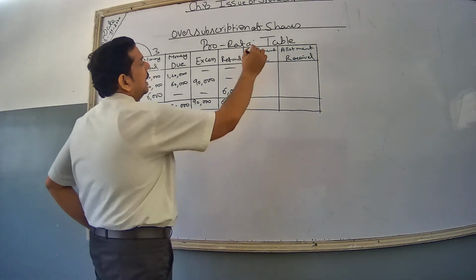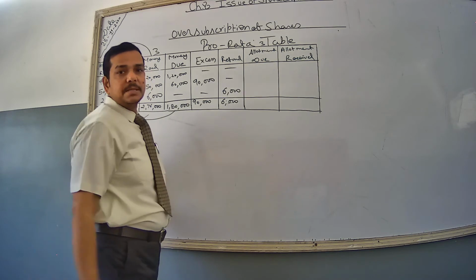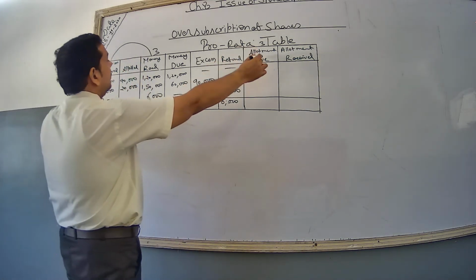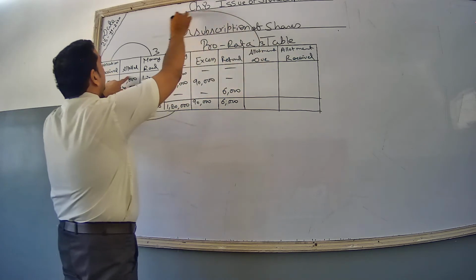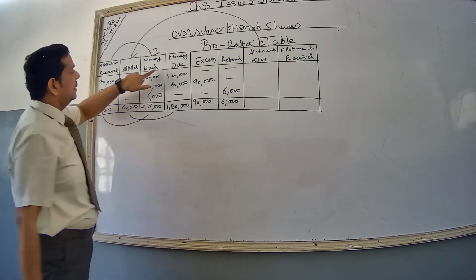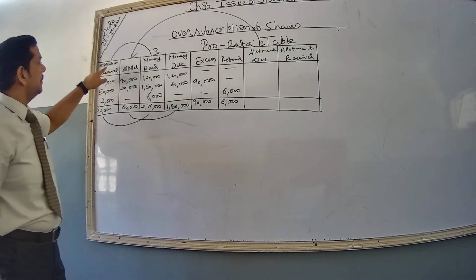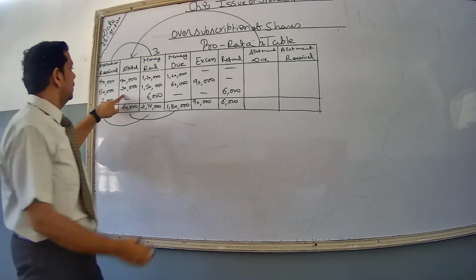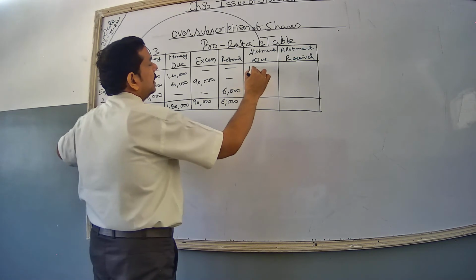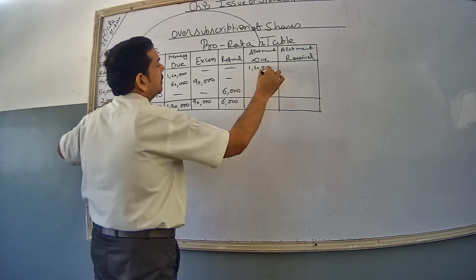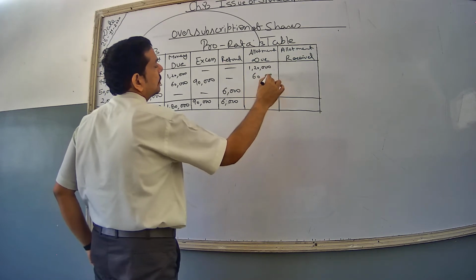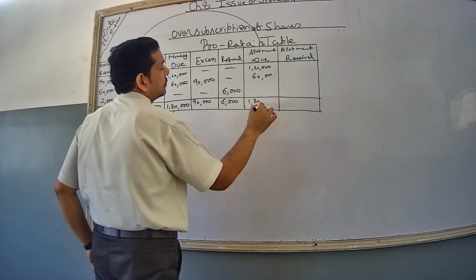Now allotment due. Allotment again is of rupees 3. Multiply this table. Allotment due is with allotted. In the first, third column is multiplied by first. Here allotment due is multiplied with allotted. Again 3. So 3 into 40, 1,20,000. Clear? And 3 into 20, 60,000. Total 1,80,000.